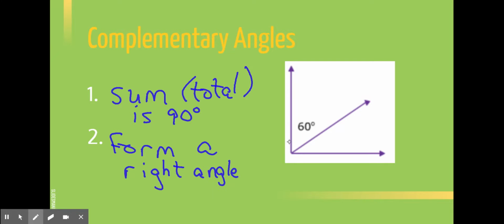Okay, so typically in a diagram, we're going to want that right angle indicated with a box. They'll put a box in the corner to show that it's a right angle. So this angle and this angle are complementary. Their sum is 90. So if I want to find the missing angle, I would say 90 minus 60, and this angle would have to be 30, right? Because 60 plus 30 is 90,